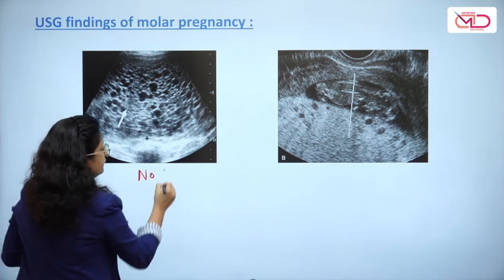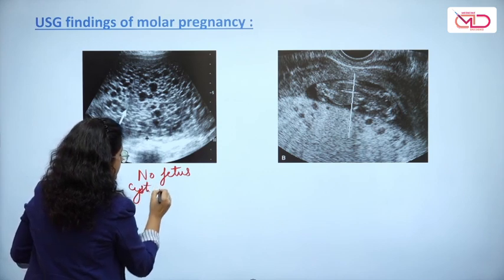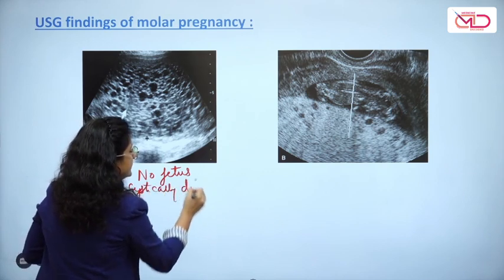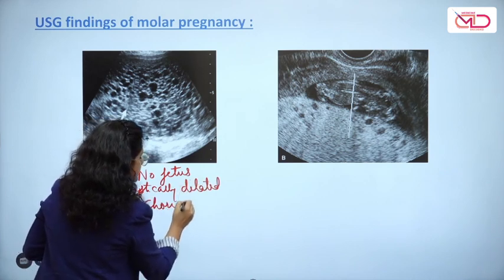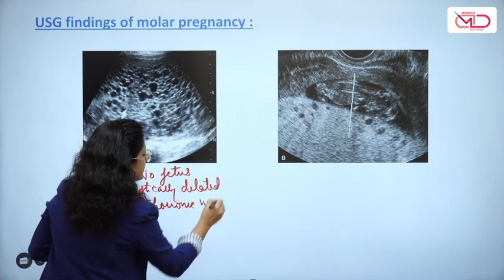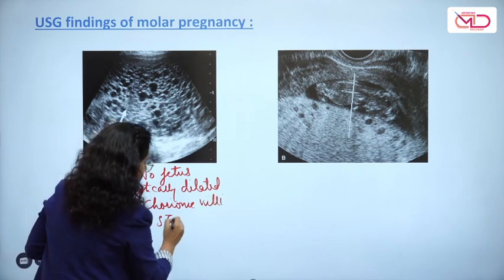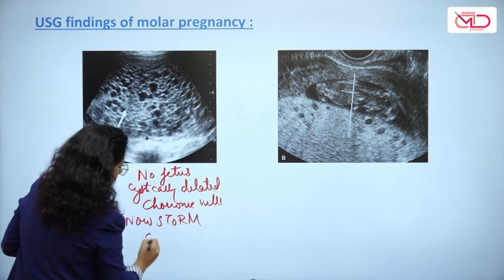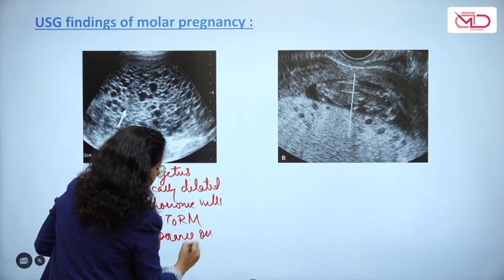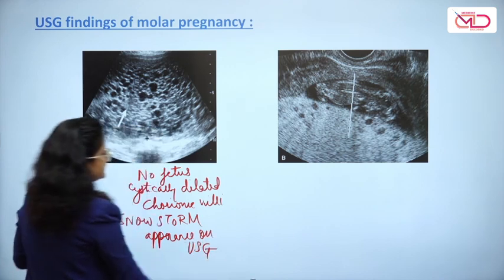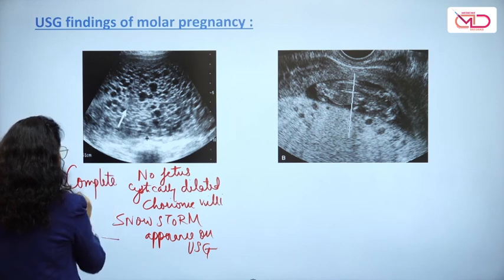There is just cystically dilated chorionic villi, and this is what you call the classic snowstorm appearance on ultrasound. And this is characteristic of a complete mole,